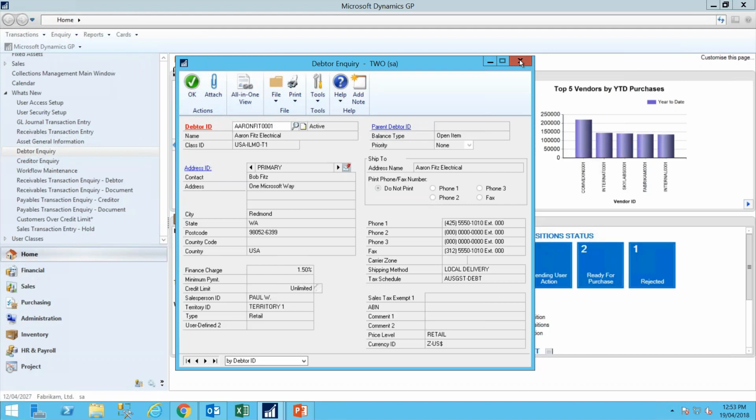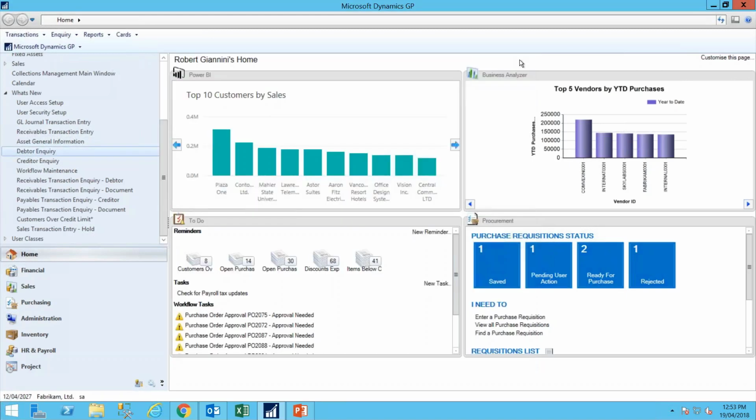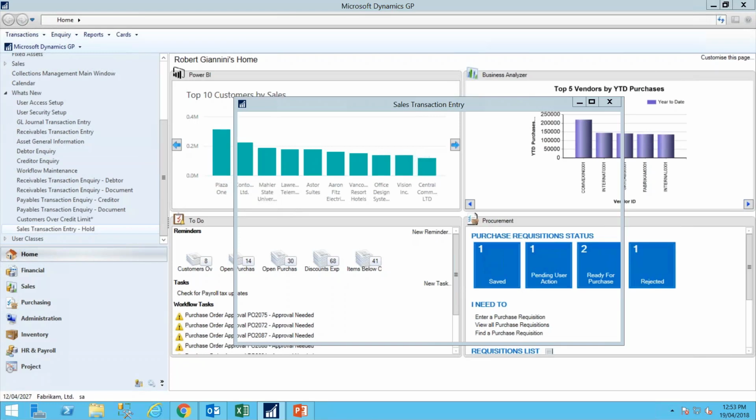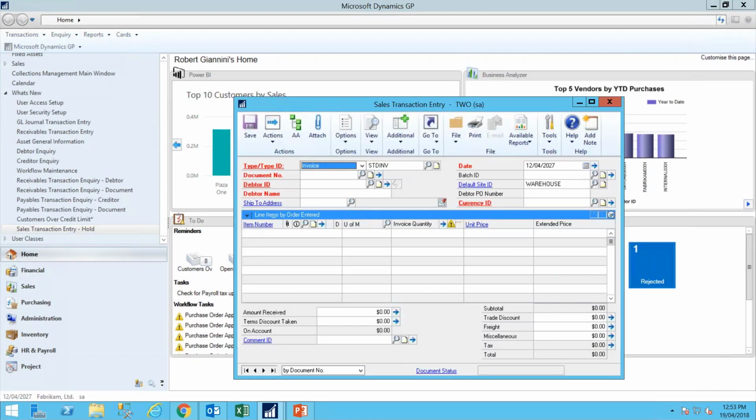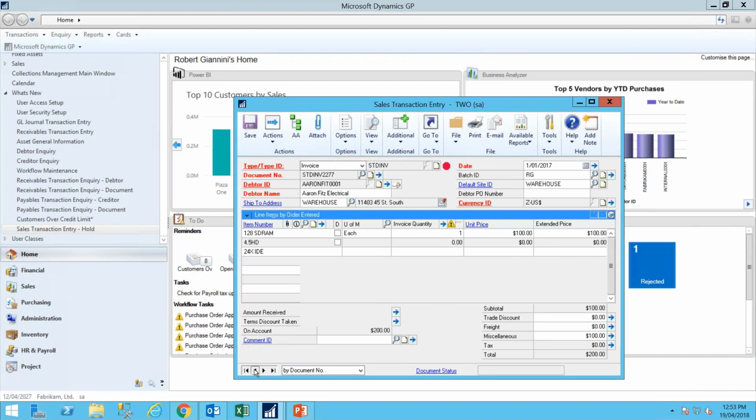Okay. Now, moving on to some of the more specific areas. And when I say more specific areas, I'm going to talk about the sales transaction entry screen. Not all users may potentially use this screen, but what they've done on this screen now is a couple of small subtle changes, and I'll bring those up and talk through those. So we'll see here that this particular invoice that I've called up, you might note a subtle change or something different on this screen, and that is that this little stop sign that is displaying here on the sales transaction entry window, that stop sign is basically just a visual cue to tell me that there's a process hold